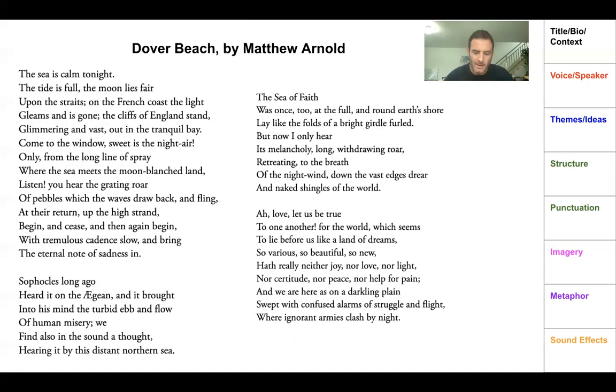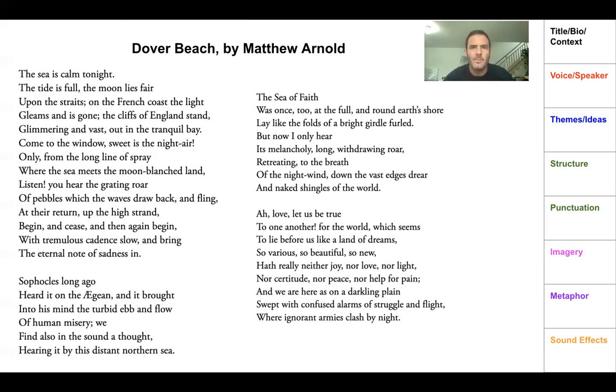Okay, Dover Beach by Matthew Arnold. This is probably one of the most philosophically deep poems that you will encounter within this, because yes, this is a poem about love. Also, he's speaking to his love. The setting is Dover Beach. It's on the White Cliffs of Dover. Very dramatic, very romantic setting.